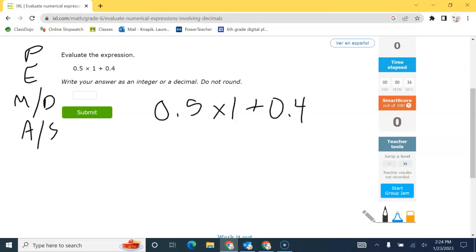So first thing we're going to do is, do we have any parentheses in our expression? No, we don't. Do we have any exponents in our expression? No, we don't. Do we have any multiplication or division in our expression? We do. And remember,